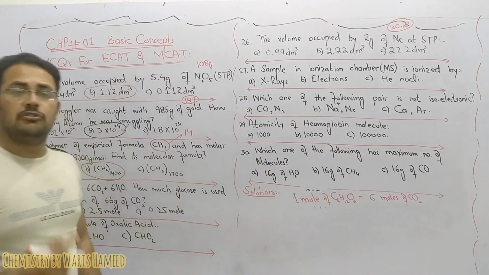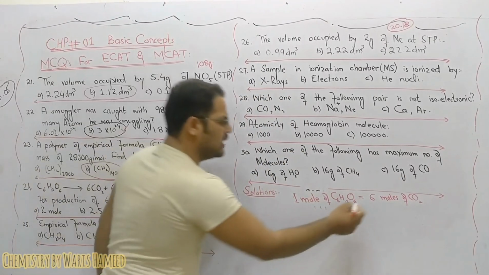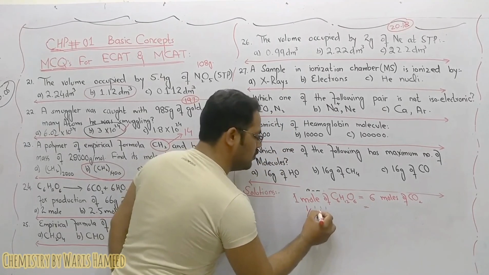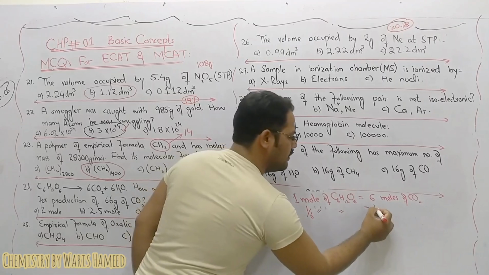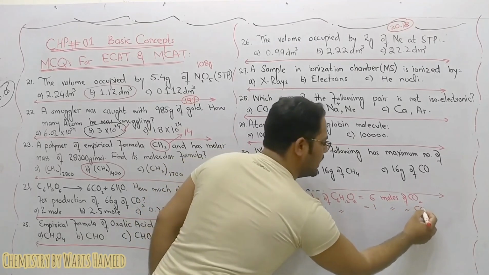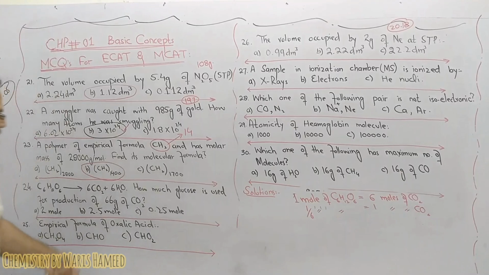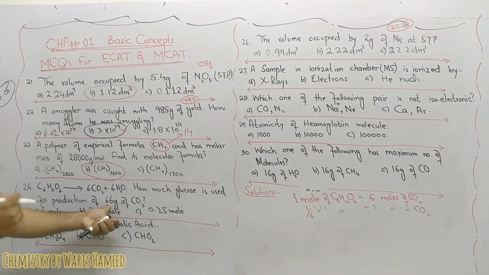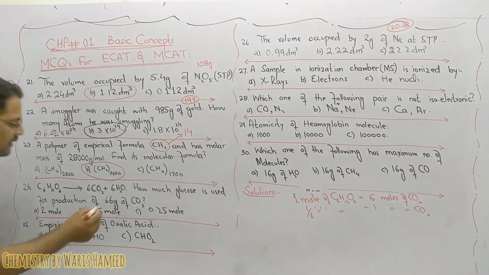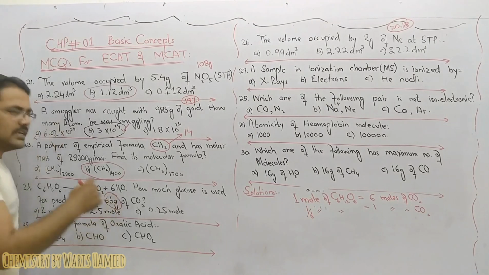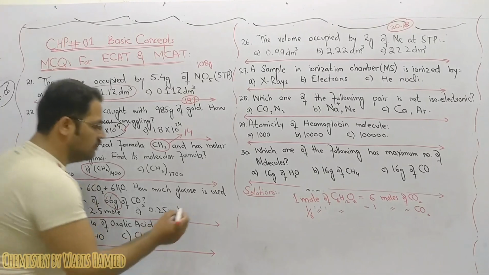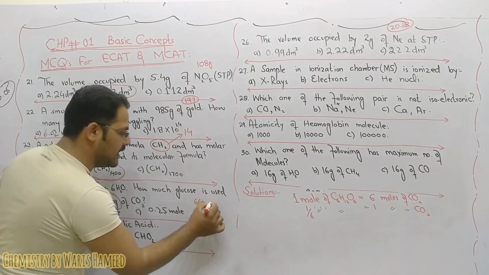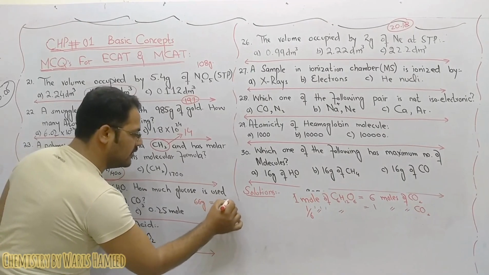If we want to produce 1 mole of carbon dioxide, then we have to divide by 6 over here. It will be 1/6 mole of glucose, and here will be 1 mole of carbon dioxide. Next, if we want to find the 66 gram of carbon dioxide, then we have to convert this 66 into number of mole. We know that 66 gram of carbon dioxide is equal to 1.5 mole.